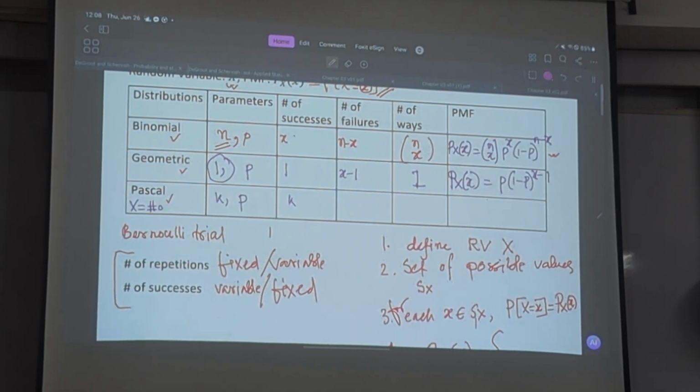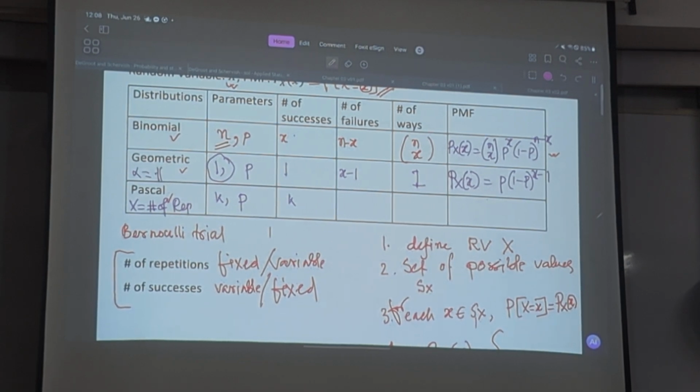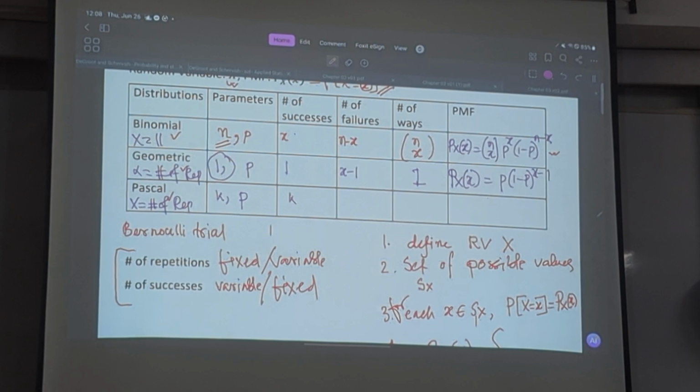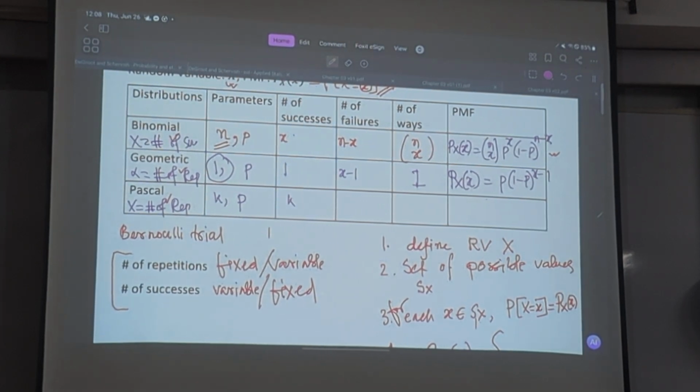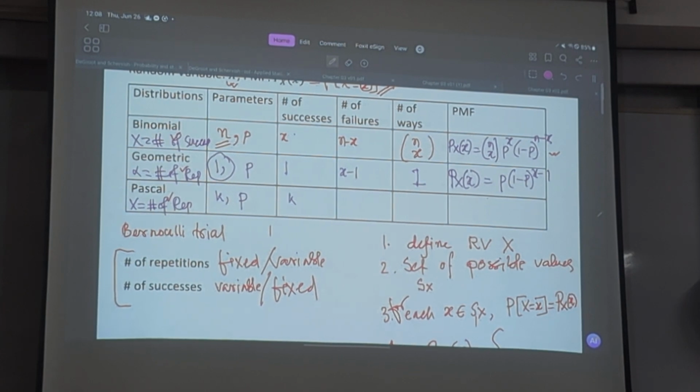number of repetitions. Here X is the number of repetitions. Then the number of failures will be